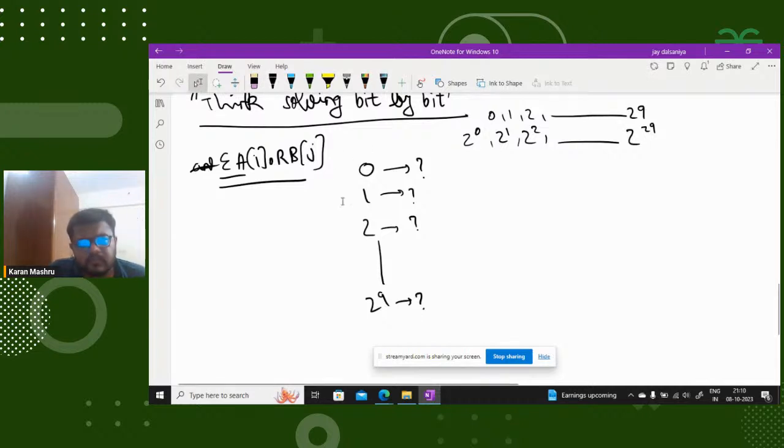Right. So now, what would be the contribution of the ith bit in general? There can be multiple ways of calculating it. Suppose you have an array c1 of i, which basically tells you